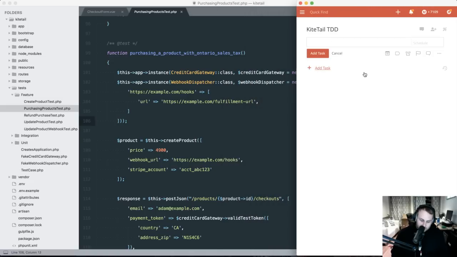So let's do a note here. Make sure Canadians are not charged tax while the tax table is disabled